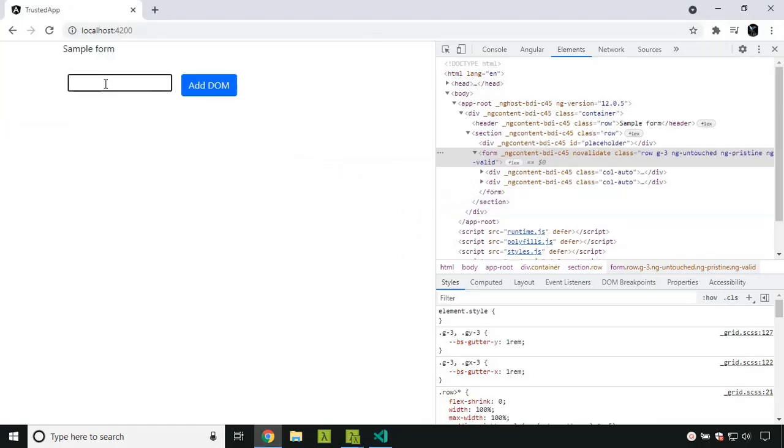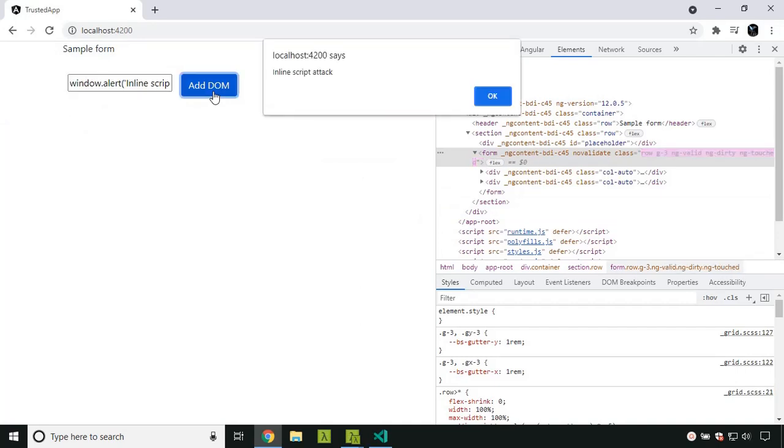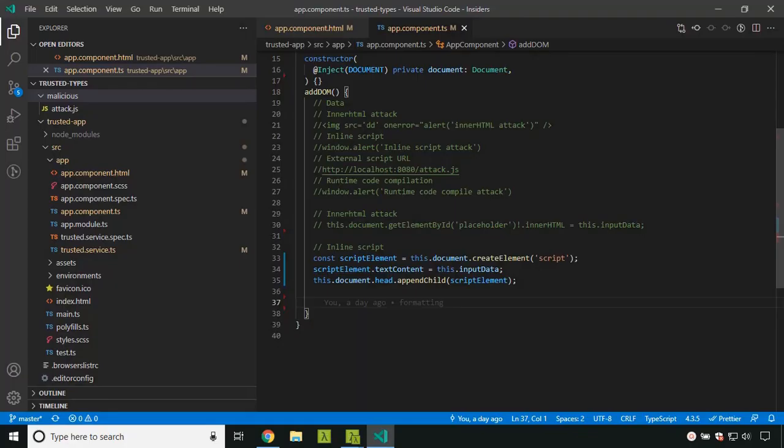Now let's add this to the DOM. You can see that when the script tag is created in the document, it also executes the JavaScript inside the text content. So this is another way in which we can inject malicious code. Another way in which malicious code can be injected into our application is through external scripts.